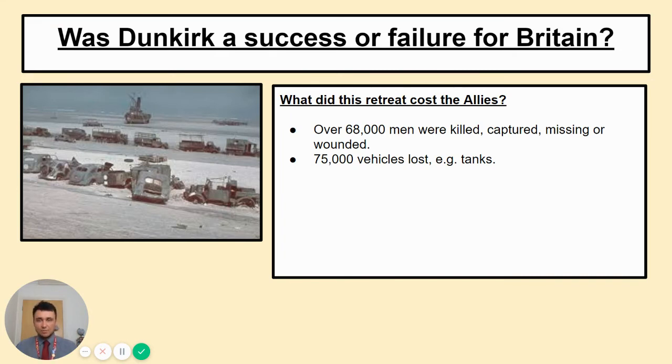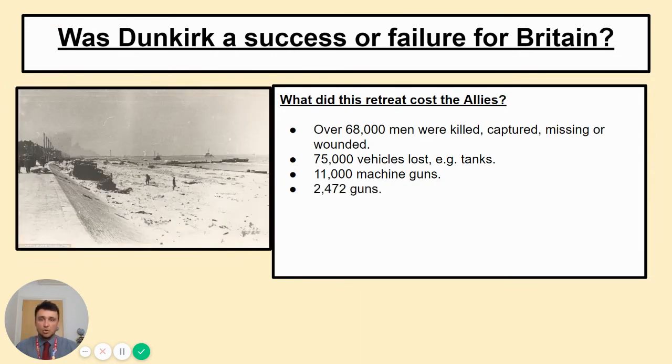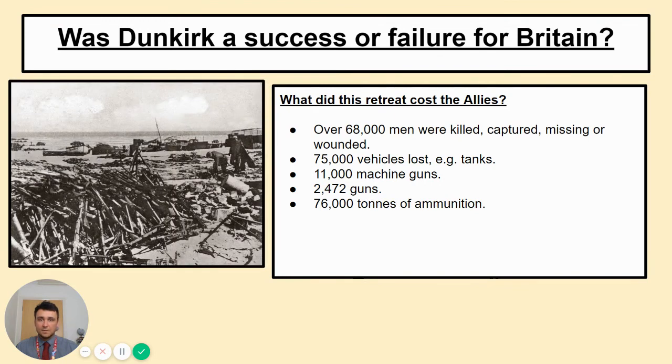So before the rescue mission happens, British soldiers would try to destroy the engine of the vehicle so it couldn't move again, so that the Germans couldn't reuse it. But actually a lot of material that was there the Germans could reuse, they could fix. And so inadvertently, the German army became a bit stronger as well. The same goes for machine guns, normal guns, ammunition,